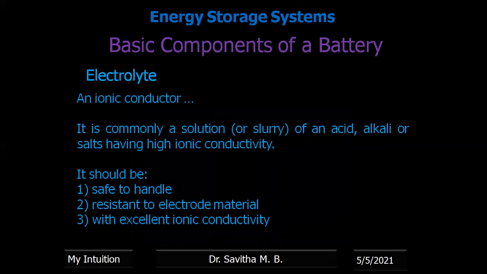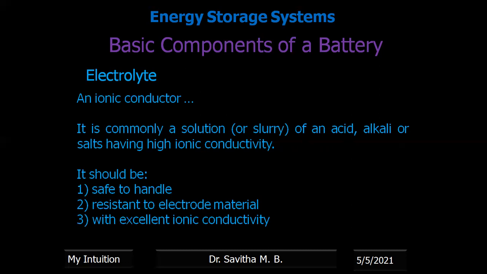So now what is an electrolyte? An electrolyte is an ionic conductor. That means it provides negative ions which first take part in the anode reaction and produce some products, and these products go near the cathode compartment, again producing the anode ions. That means the electrolyte completes the internal circuit,